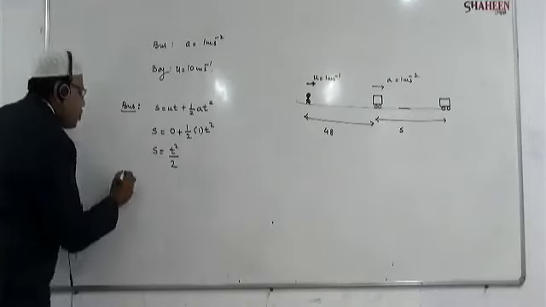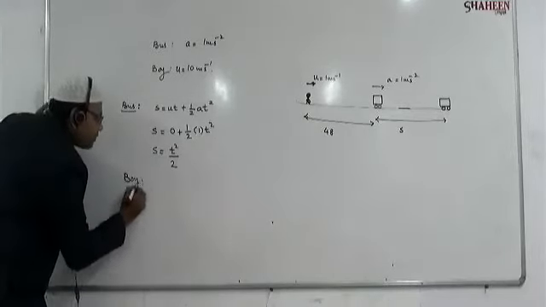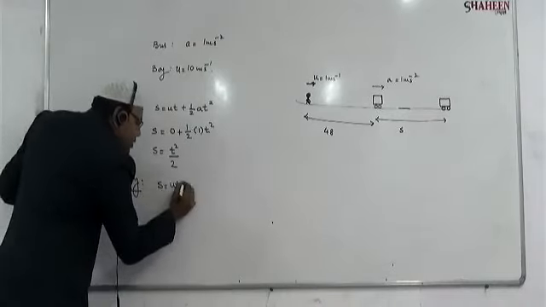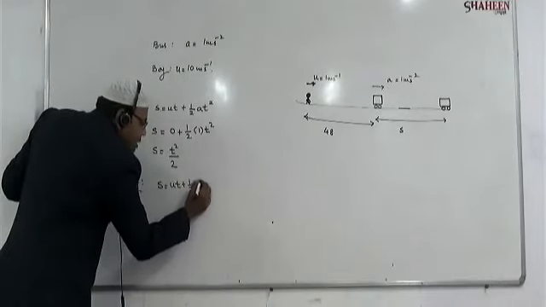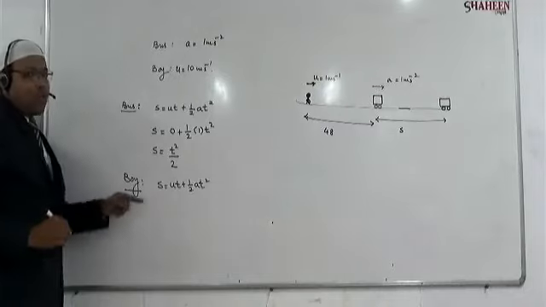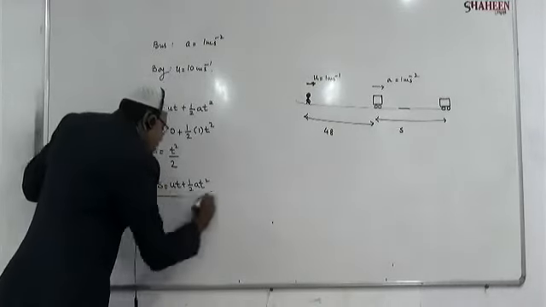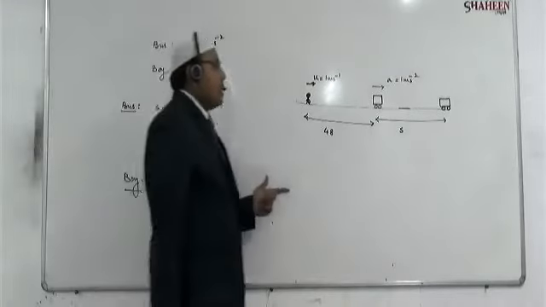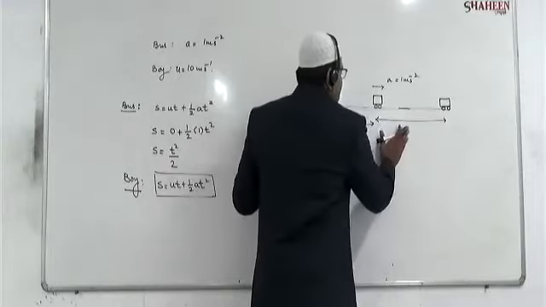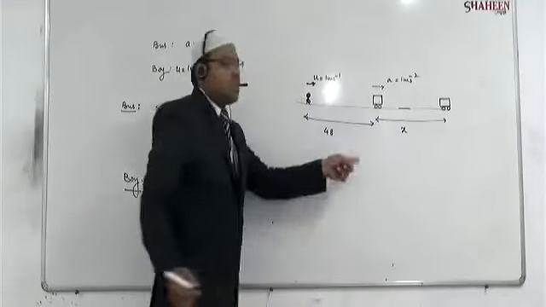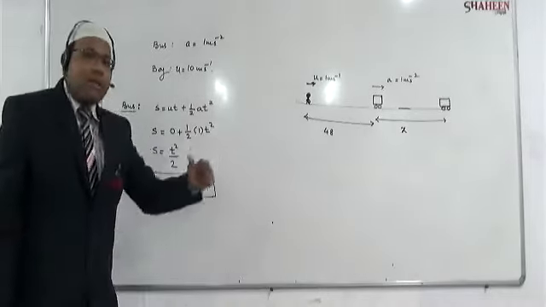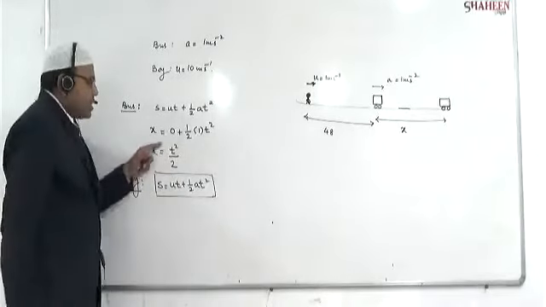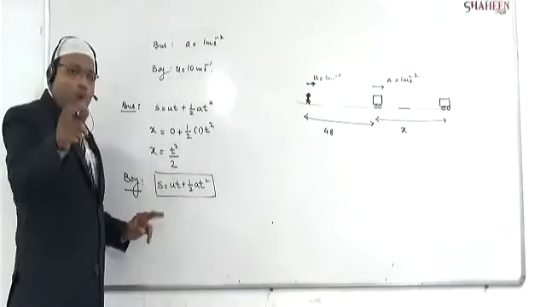ठीक है. Next we write for the boy. अब हम boy के लिए लिख रहे हैं बेटे, अच्छे से देखिए. For the boy again I use this equation only, I am not changing any equation. s equals ut plus half at square. But this is the standard equation, beta. ये स्टैंडर्ड इक्वेशन है. सो व्हाट आई डू, आपकी अंडरस्टैंडिंग के लिए, because this is s here also s, you will get confused, तो हम थोड़ा सा चेंज कर लेंगे. Suppose the distance traveled by the bus is x, distance traveled by the bus is x, तो यहाँ पे क्या होगा बेटा, ये बस के लिए x ले लेंगे, this is also x, so x equals t square by 2. You can keep s also, provided you have to be careful for this.